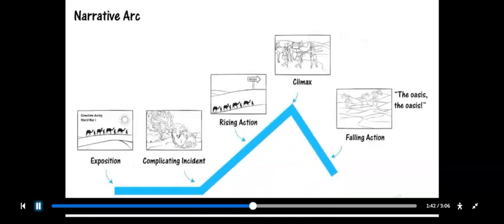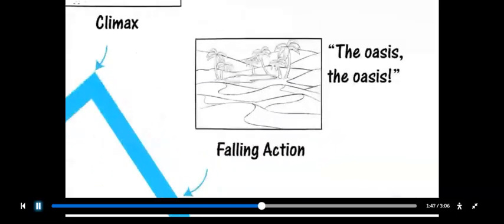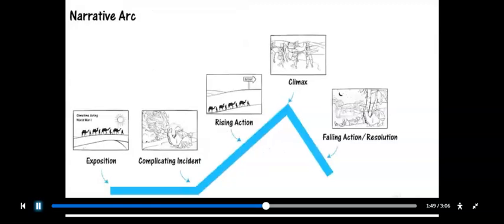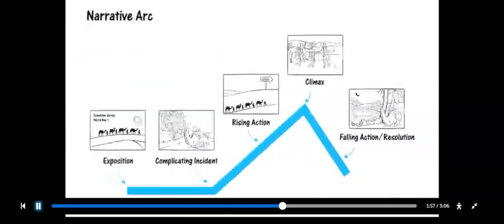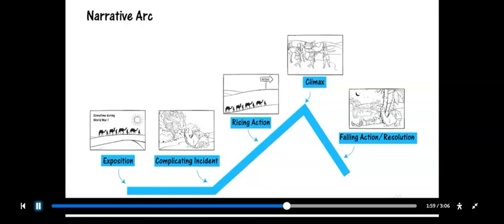And the falling action begins when you learn why the sheik really stopped. The oasis is finally within sight. They rush to the oasis, and the resolution is that finally everyone can relax and enjoy themselves in comfort and safety. So, what is the central or main idea of this story?